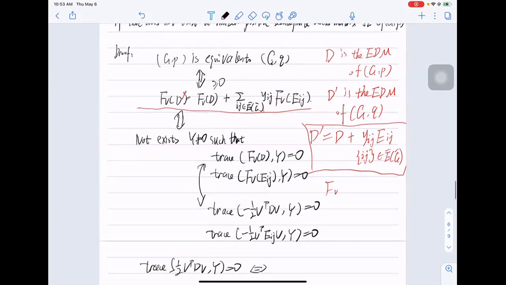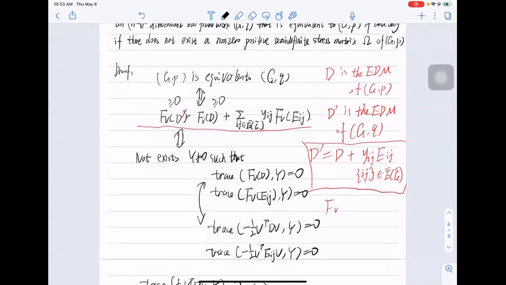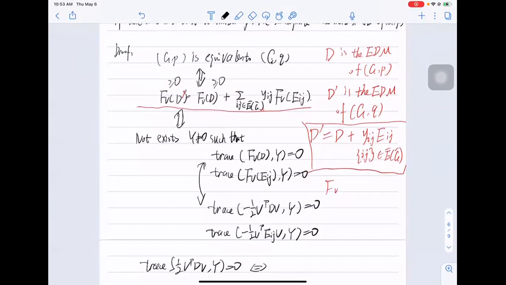And FV prime is also a PSD matrix. So we can use this theorem of alternative. So there exists such a YIJ, and if there exists such a YIJ, then you can say this is equal to saying that there does not exist Y